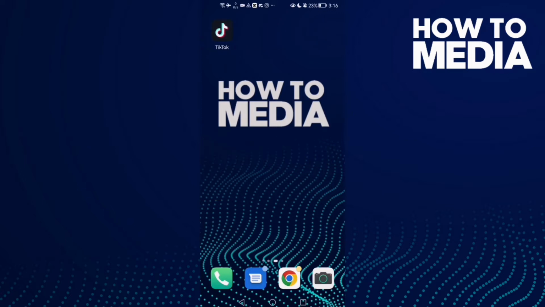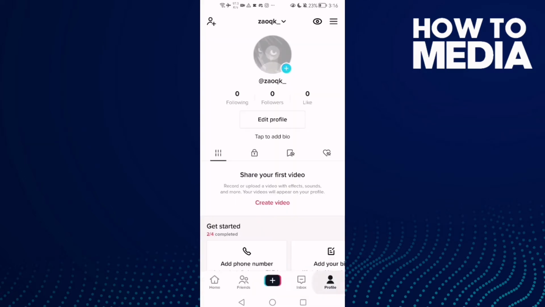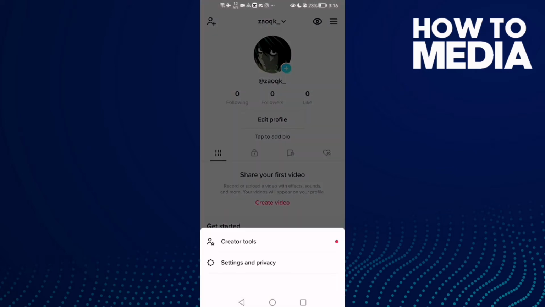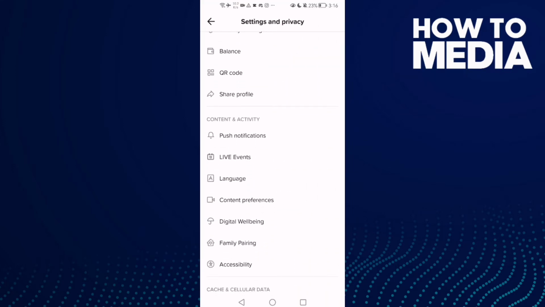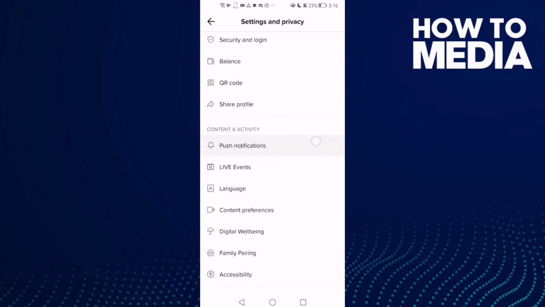First, open TikTok and then click profile, and here in the top corner you will find the storylines. Click on it and then click settings and privacy and scroll down. Here you will find this one, push notifications. Just click on it